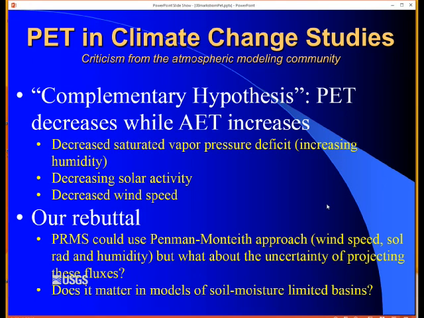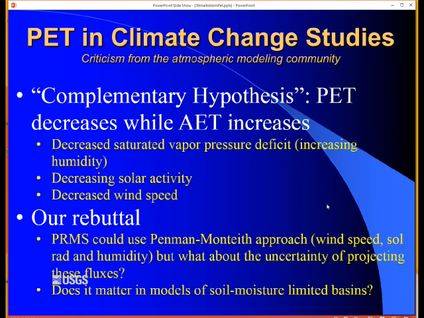There have been many papers published where people have actually observed that reference ET or potential ET has decreased despite temperatures increasing, and that's despite actual ET increasing.